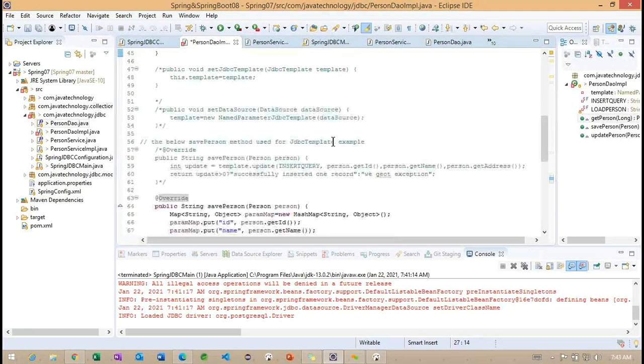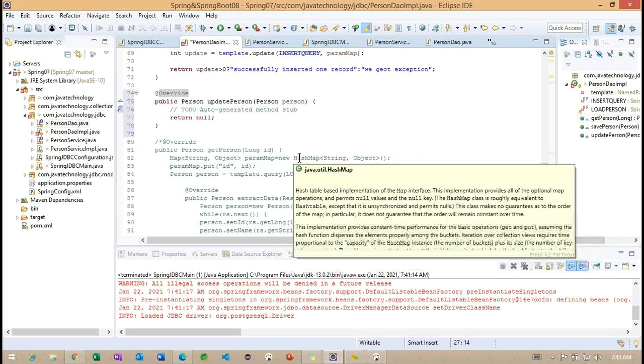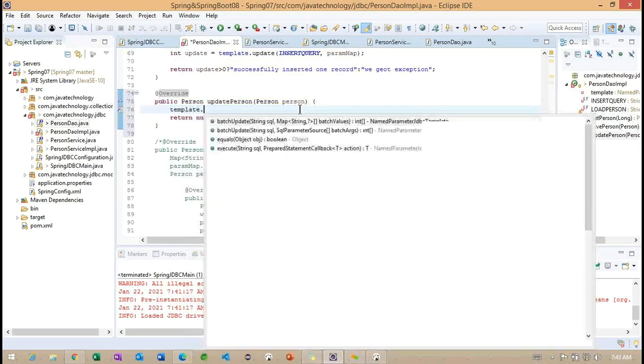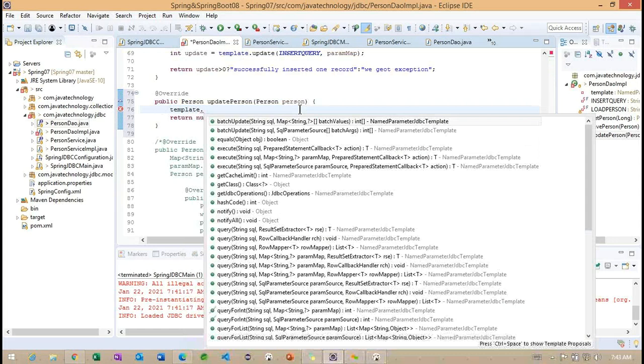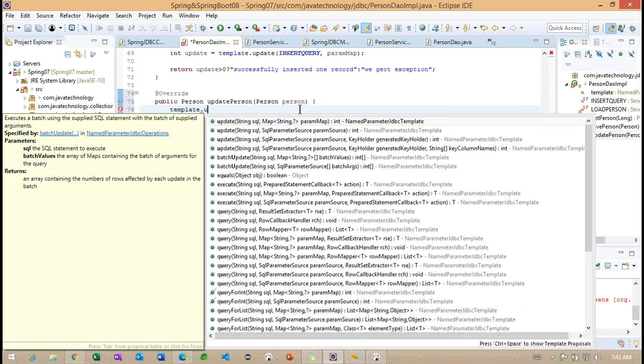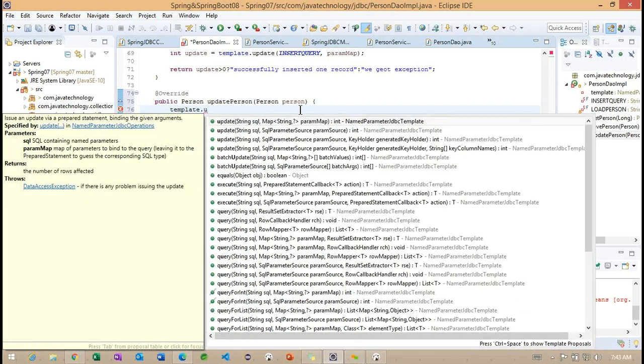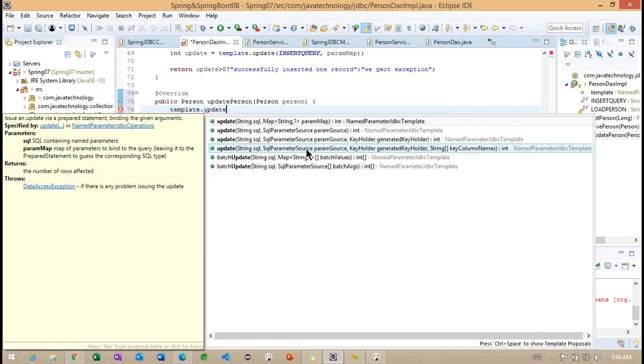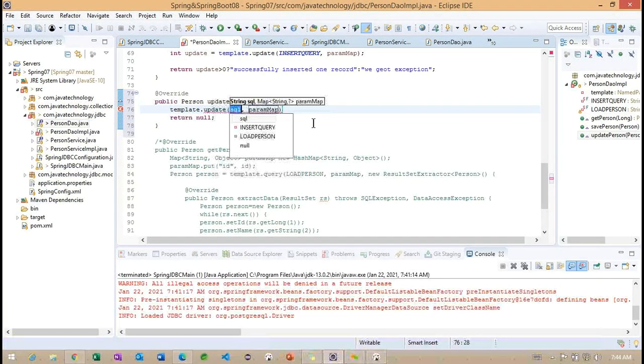So here we are in the update person. Template dot, which query can we use? We'll use the same update here. Okay, and now we have three update parameters available. We'll check with map parameters. So check here how we can update.